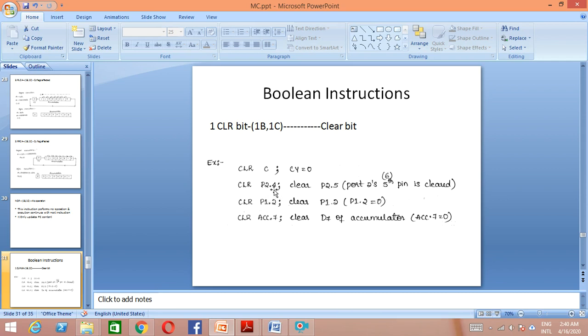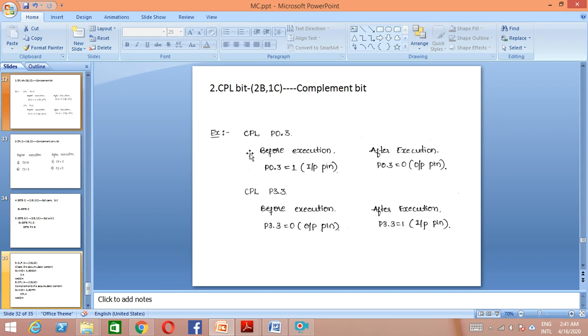Why? Because we always start with 0: P2.0 to P2.7, and P1.0 to P1.7. So CLR ACC.7 means the accumulator's 7th bit, that is the last bit, will be cleared.